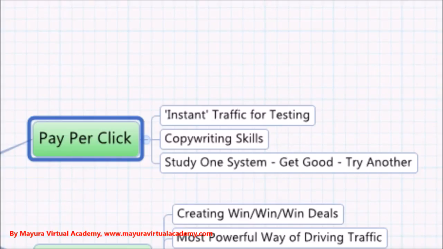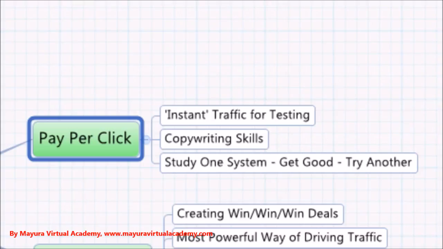Copywriting is also an important skill when it comes to pay-per-click, because you need to make sure as many people click that advert as possible, and as many people who are qualified to click that ad as possible click it, rather than just anybody. If you've got a product about back pain, for example, and your ad is being displayed on searches for medicine or searches for something that's not related, you're going to lose an awful lot of money very, very quickly, because you're going to find people are clicking on it who are not qualified to click on it.